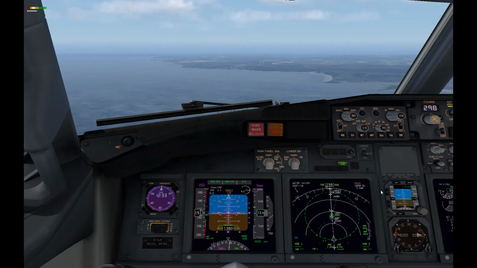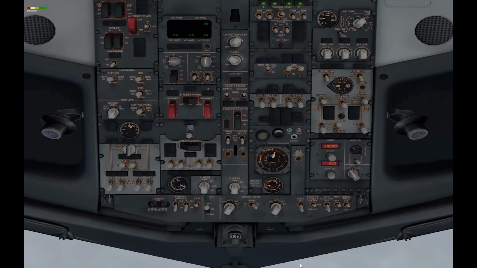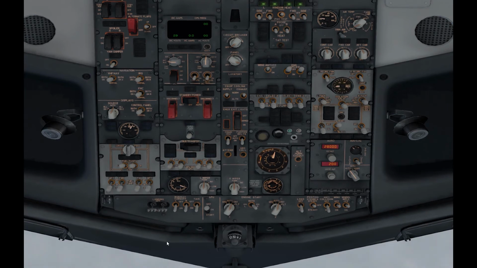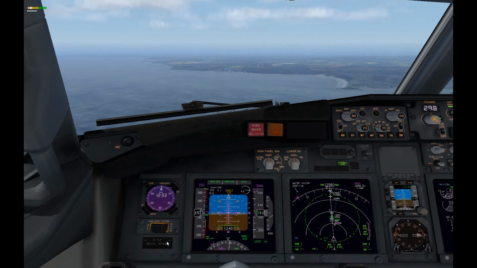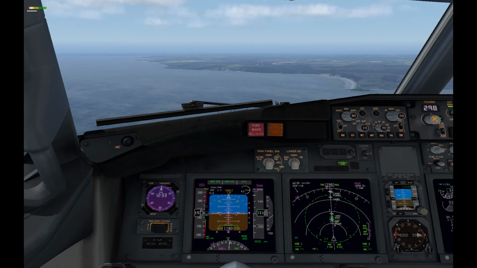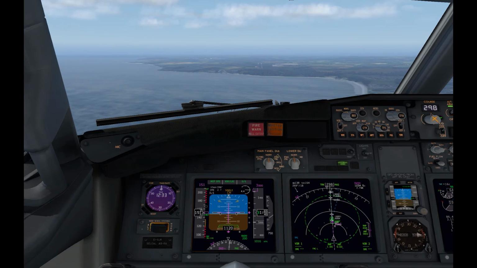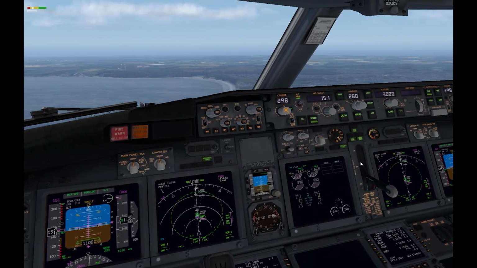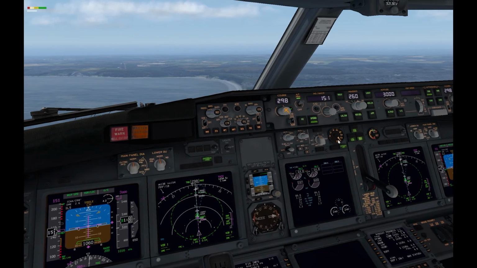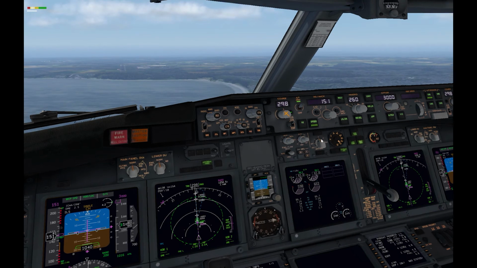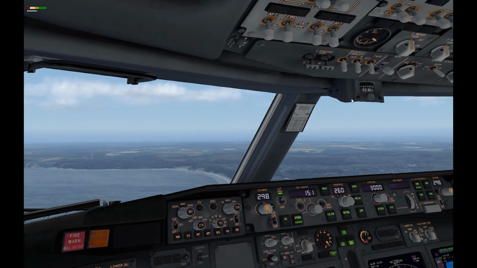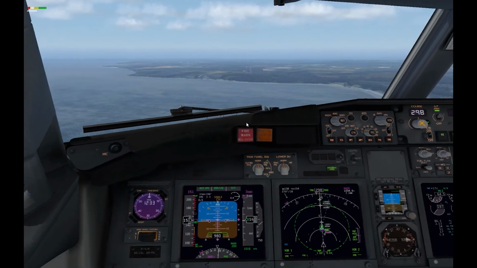So there we are, we're within that ring, we're fully established, and at this point we're going to assume we've been cleared to land. So with that, taxi light goes on, which is the nose wheel light. That's how we remind ourselves we've been cleared to land. So I think we're all set. So gear down, green, flaps 30, auto brake on, all the lights are on, engines are in continuous, the spoilers,